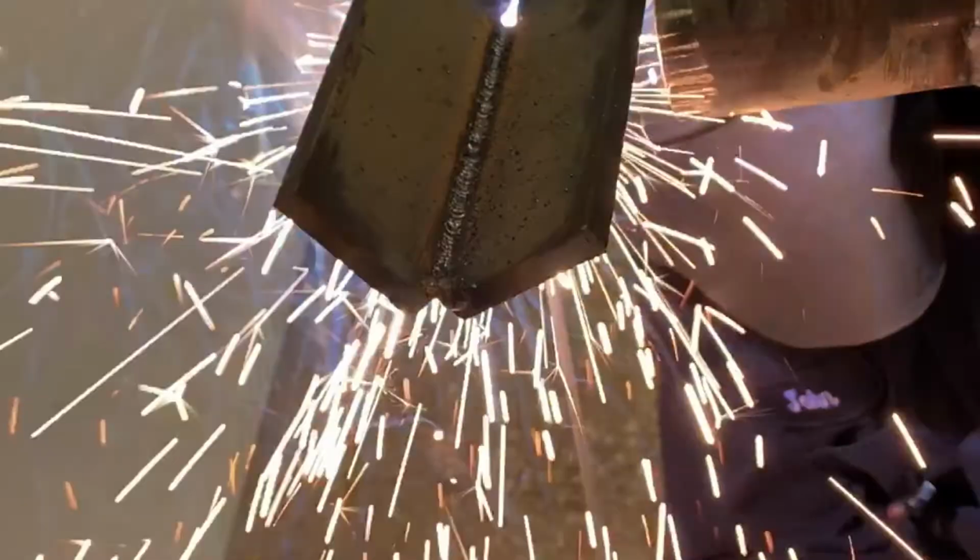So today we're going to be talking about a brief overview of shielded metal arc welding. Sometimes we'd also call it arc welding or stick welding, and those are both slang terms. Now with stick welding, we generally will use a constant current power source, and then we use a stick electrode,